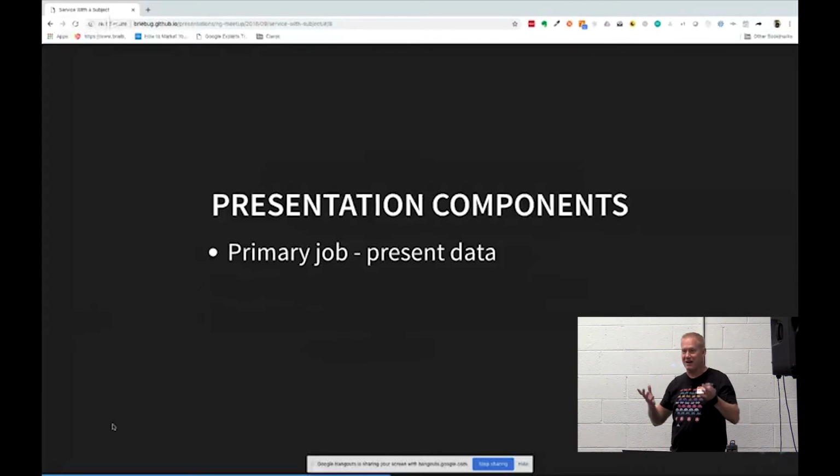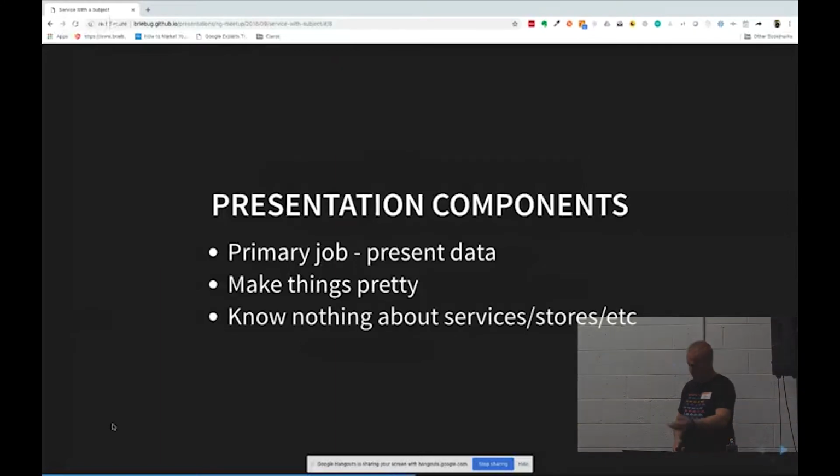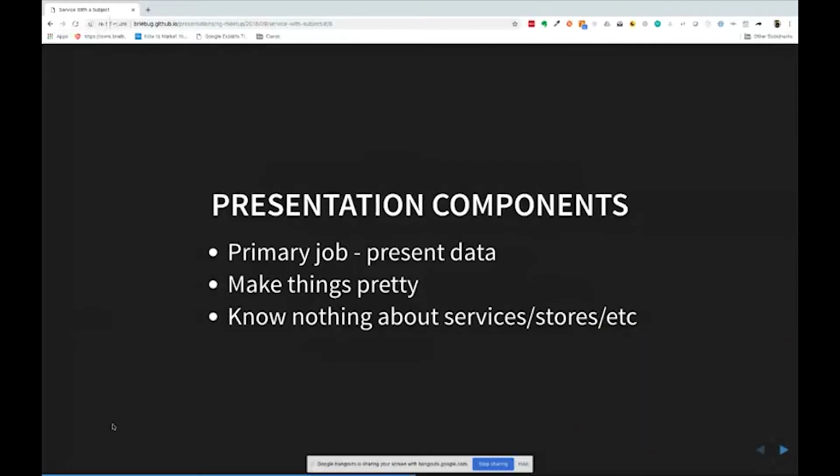It came from above and here it is, in all its glory. I've made it look really nice for you. It knows nothing about services, stores, anything like this. If your presentation components have services and stores in them, those are now containers. They're not presentation components. You're breaking the pattern.